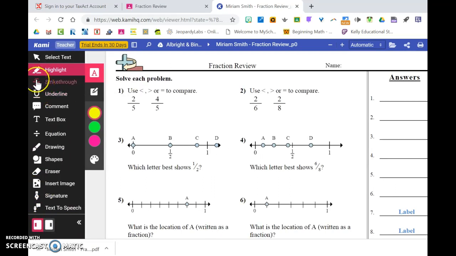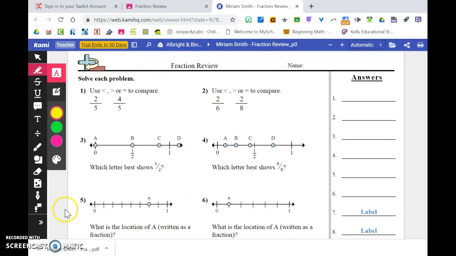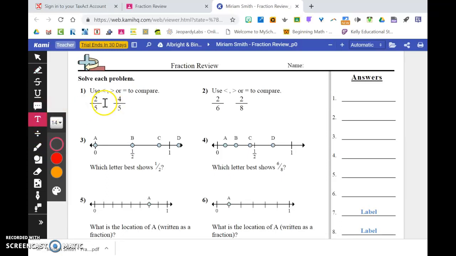When you let your cursor hover over each of the tools, it will tell you what it is. T is for text box. The tools that you'll most likely be using today are text box, pen, and shapes. So you're going to come over here. For number 1, you're going to need a text box, and you're going to be using the keys on the